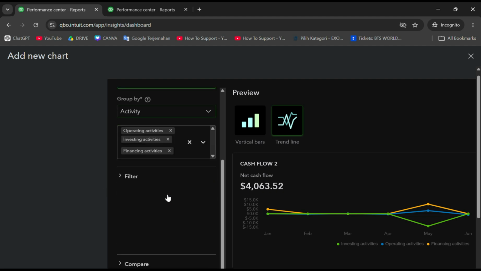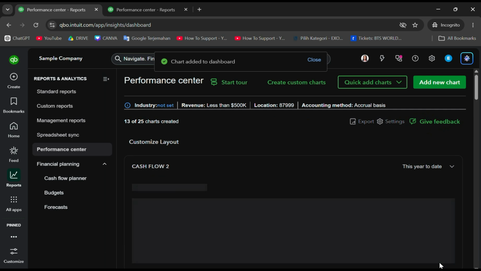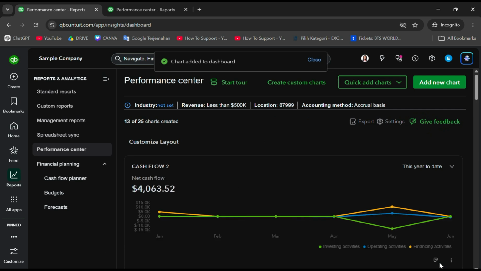Once your layout filters look exactly the way you want them, slide down to the bottom right corner of the screen and click the bright green Add to Dashboard button. The customization panel snaps shut, and your beautiful new Live Updating Cash Flow widget is officially pinned onto your main cockpit. Now you can check your real-time liquidity and cash trends every single time you open up your books without